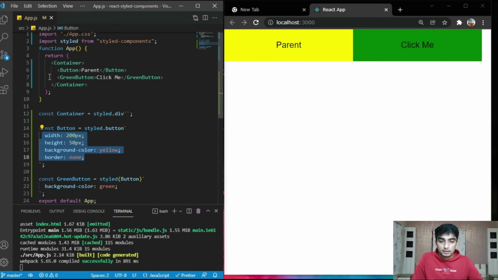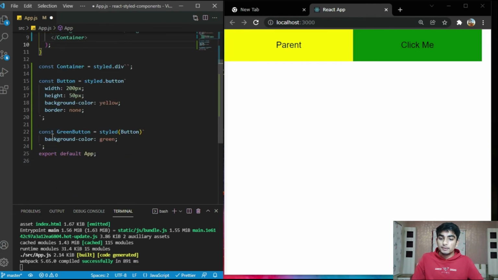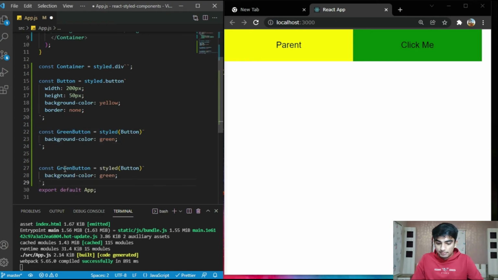Similarly, you can do it for a large button which has a width greater than the parent component. So just copy this, paste it here, and type large button and provide a width of 500 pixels, or just 200 pixels, and save it.